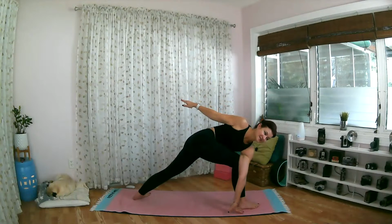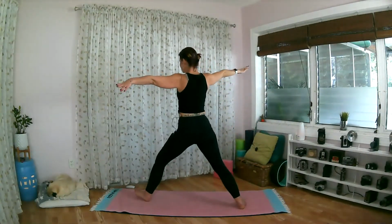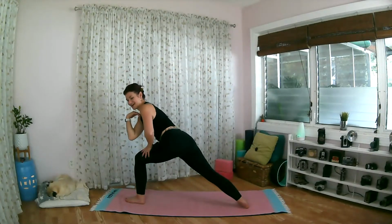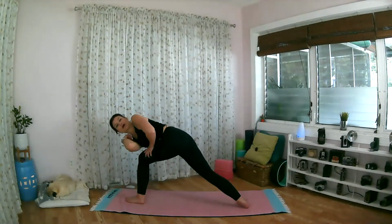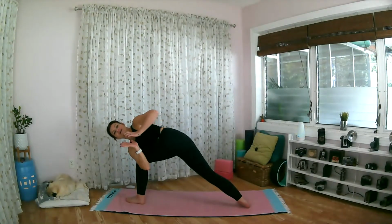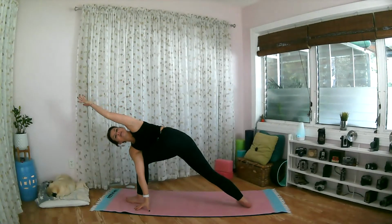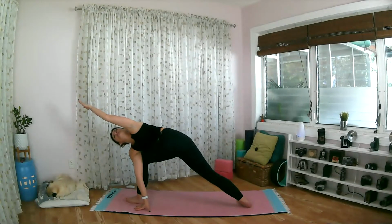On the inhale, press into that right foot again. Come on up, extend the arms and legs, turn your feet to the left side, bend your left knee, twist. As you push that left thigh in towards the center of your body, bring your right elbow or armpit all the way across, coming into prayer position or extending the arms. Gaze up in either version, breathing for 1,